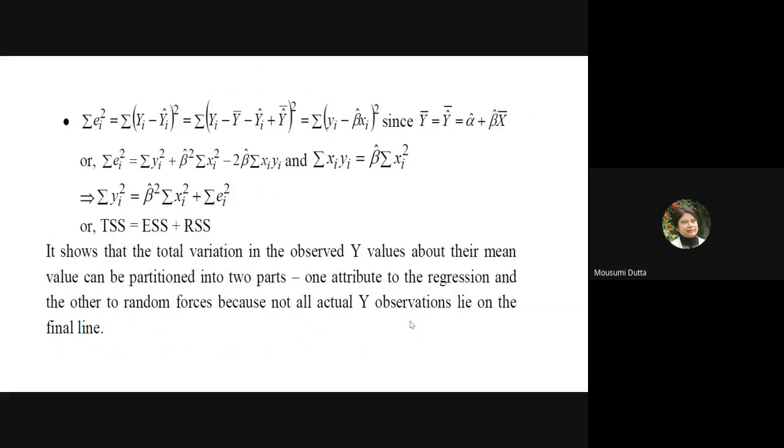Suppose you are considering the demand equation, and you are considering demand to be a function of price only. However, in reality, demand is not only explained by price. It is also explained by income, by taste and preference, by geographical location, by gender, and by parental education. So there are too many things which explain demand. However, if you consider only the price,